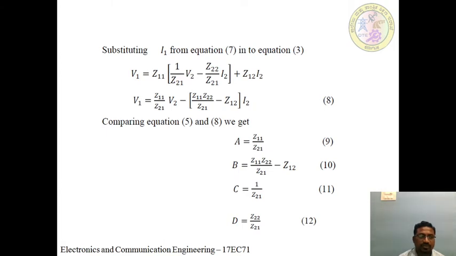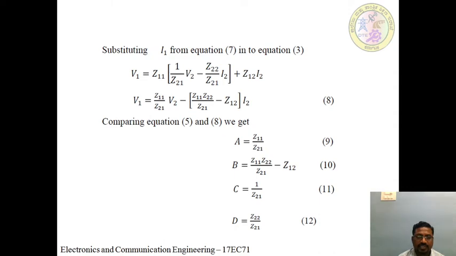Then V1 is equal to Z11 V2 divided by Z21 minus, in the square bracket, Z11 Z22 divided by Z21 minus Z12, all multiplied with I2. That is called equation number 8. Then comparing equation 5 and 8, we get A is equal to Z11 divided by Z21, called equation number 9,